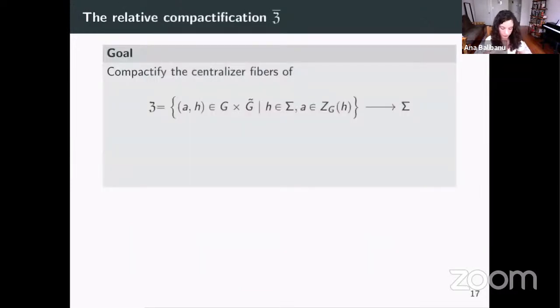So now the goal, like I said, is to compactify the fibers of the universal centralizer, which I think of as this family of centralizers living on top of the Steinberg slice sigma. And by compactify,